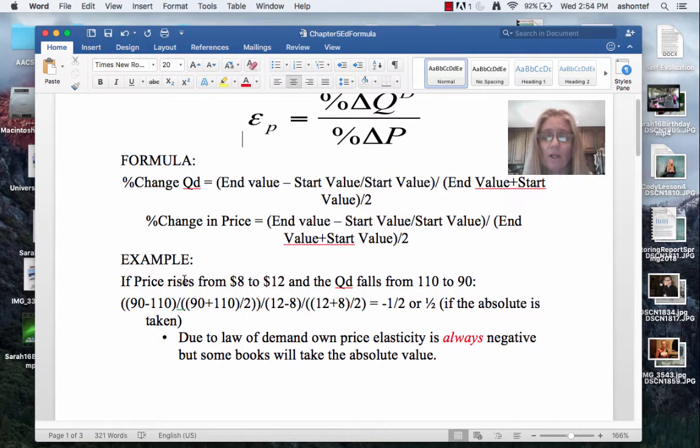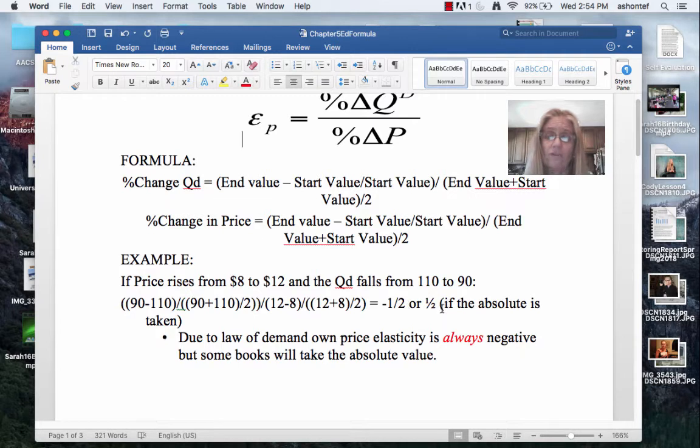So below, you'll see there's an example. You're told price rises from $8 to $12. So the start value for the price would be 8, the end value is 12, and the quantity demanded falls from 110 to 90. So the start value was 110 and you ended up at 90. So you would just plug in this information using that midpoint formula. And if you went ahead and did all of that, you should come up with the number